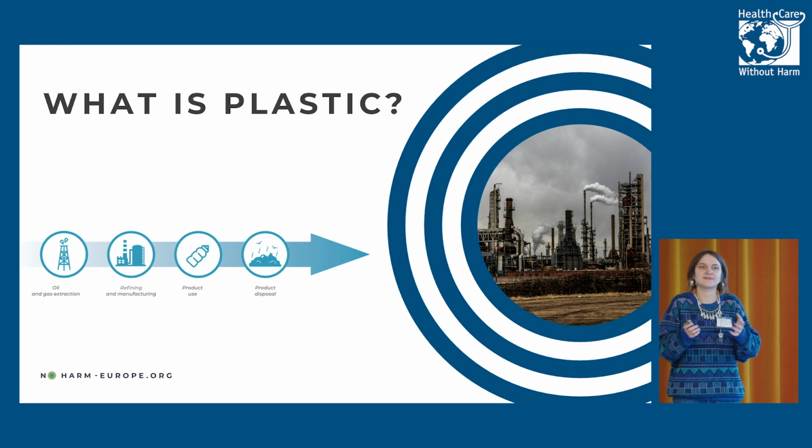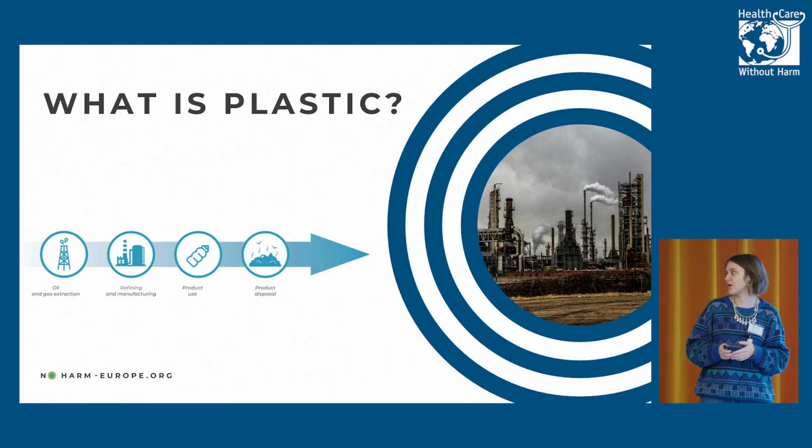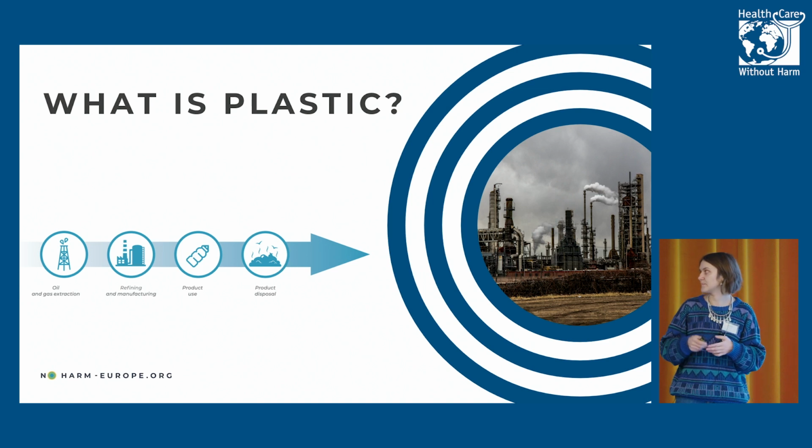So it's not like the effect stops at the Antwerp borders. It doesn't have borders. So we are also affected here and throughout Europe by the harms brought by this. Then there is the product use phase, which I guess most of us